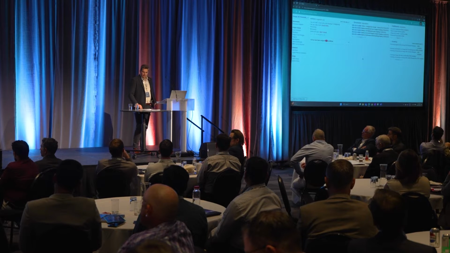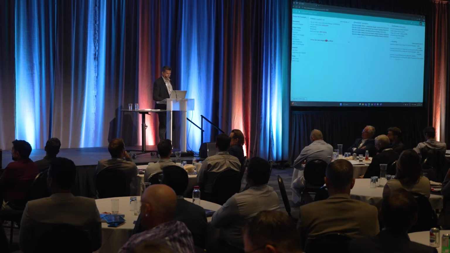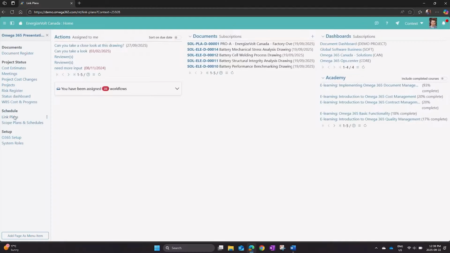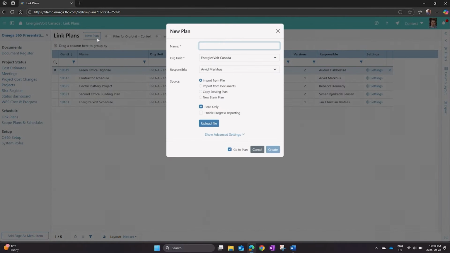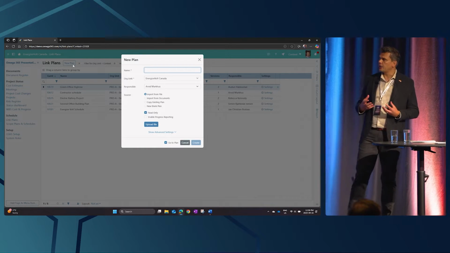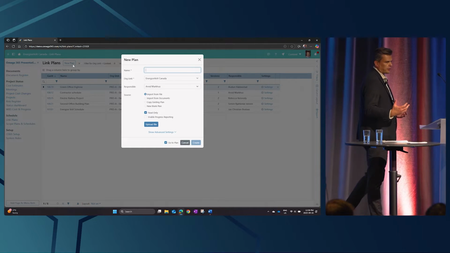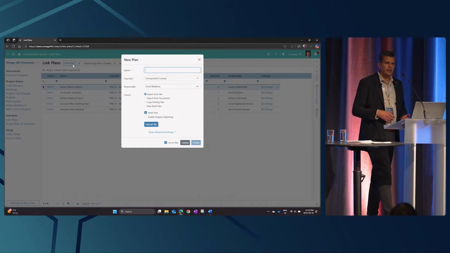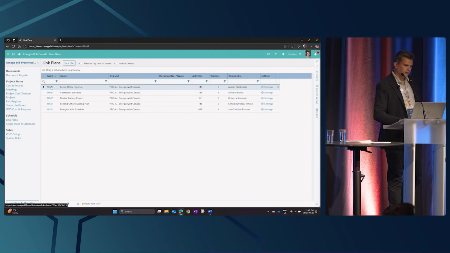So let's get going on scheduling. I'm going to go ahead and open my schedule tool. The first thing you see is you can create your new schedules. The way that we create those is either you build them up inside of Omega, or you simply import. We know Primavera is out there, Safran is out there, Microsoft Project is out there. No problem. You can easily import them. So if I go in and open what I have here,